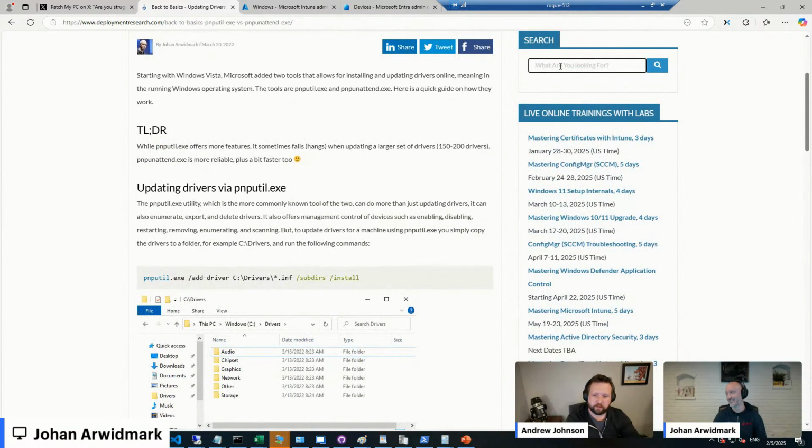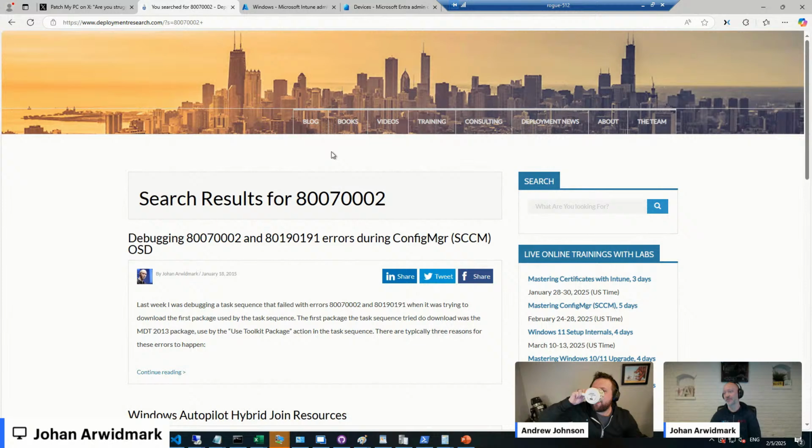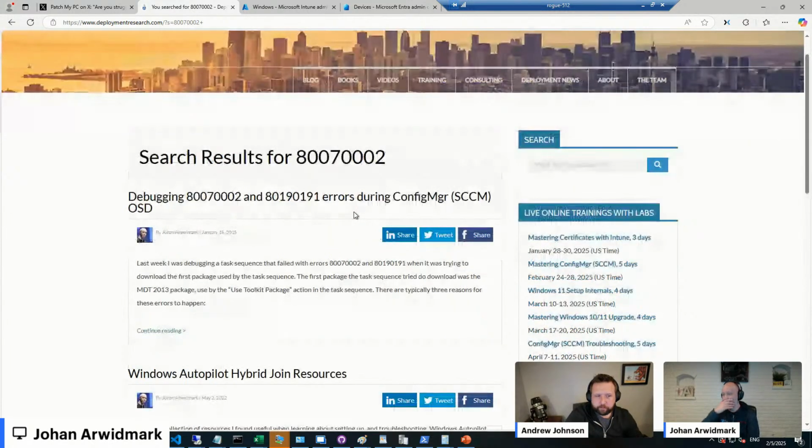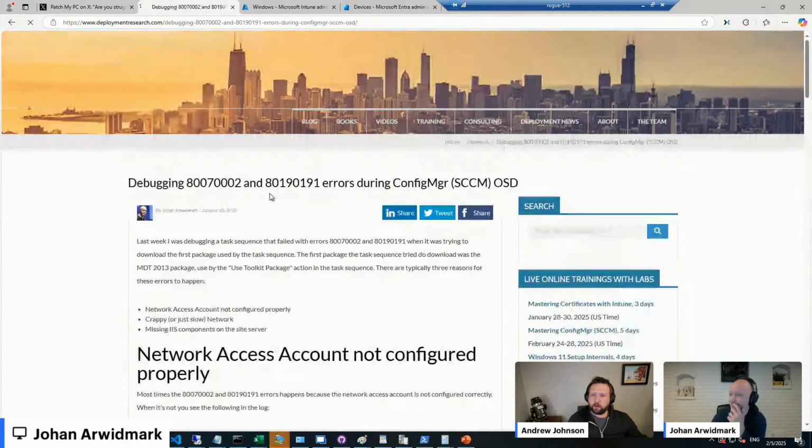Probably still relevant. Well, a sequence is a sequence. It's not like it's changed a lot the last 20 years. Exactly. But I did put together a blog post around debugging these types of errors. I have to admit, I don't quite remember what I wrote, but